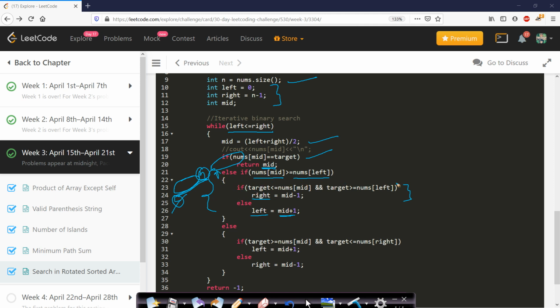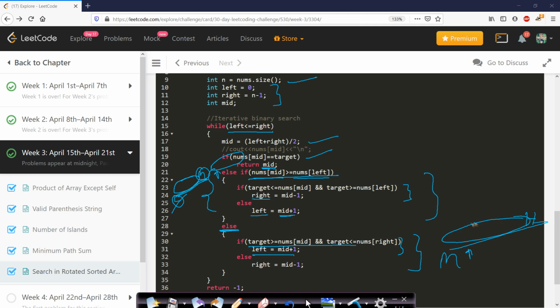Now if the left hand side is not strictly increasing, then I have already said that at least one of the left or the right hand side will have a strictly increasing graph, since we have only one pivot element. So here I have not made any comparison, because if the left hand side is not strictly increasing, then the right hand side will be strictly increasing. So in this case as well, I will see whether the element falls in the range of mid to high. If the target element is within this range, then we will update this left to mid plus 1 and we will make a search for this element.